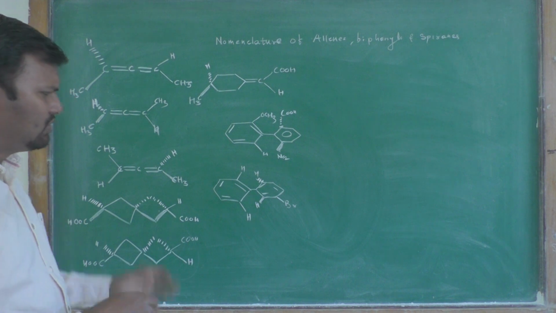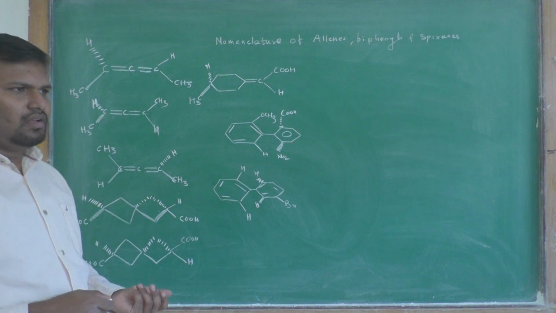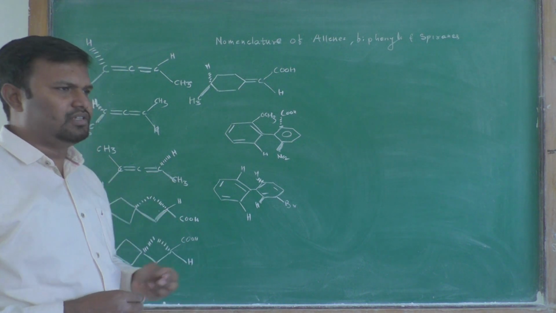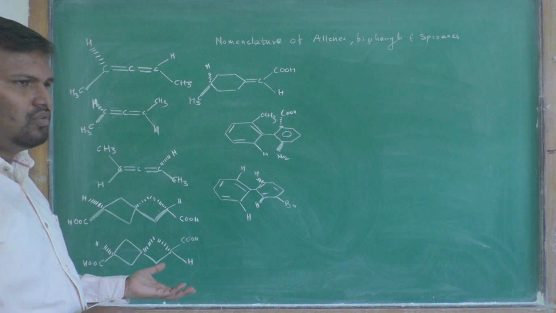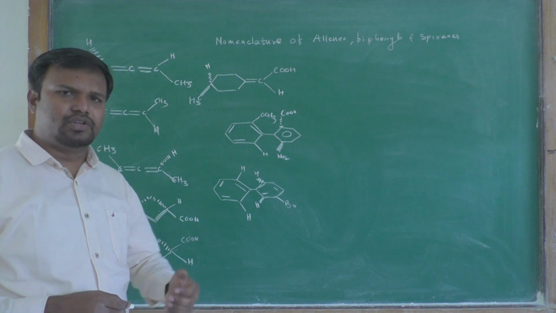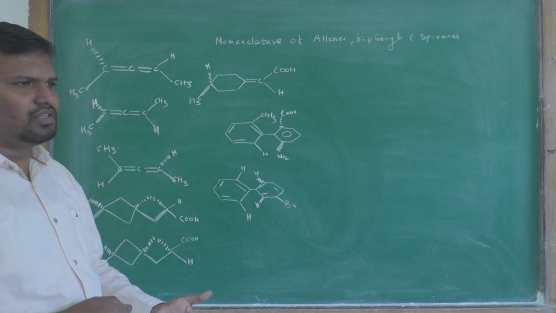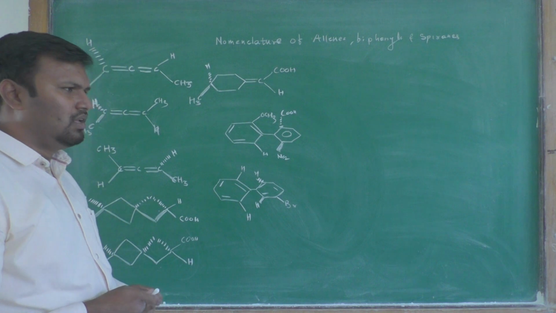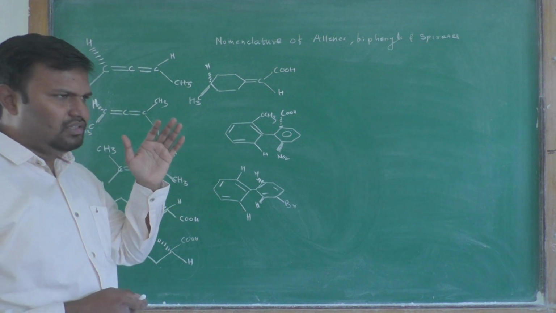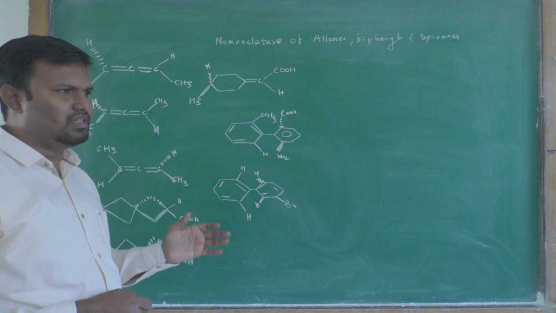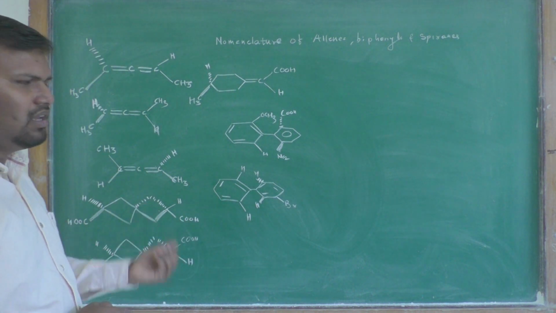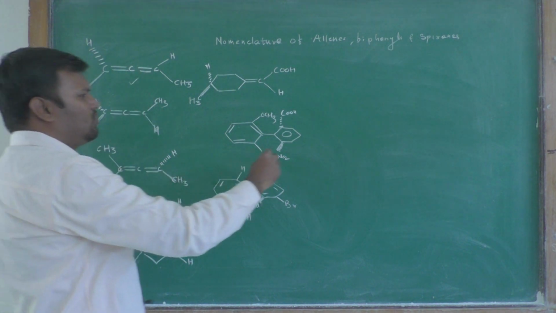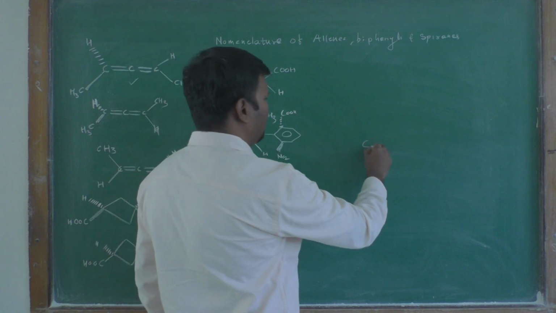Already we have discussed these types of compounds, and in these compounds axial chirality is present. In these compounds, no other stereocenter or chiral carbon or asymmetric carbon is there. Due to the chiral axis, these are considered optically active compounds. Let us start with the first example and try to give its nomenclature.